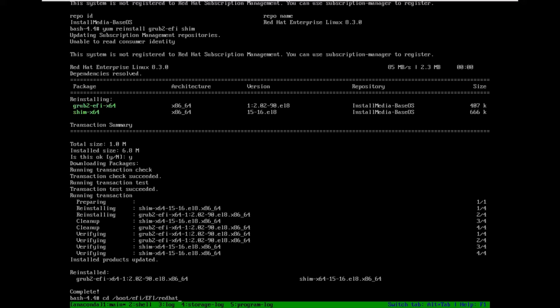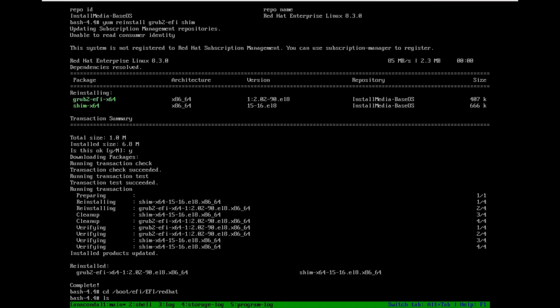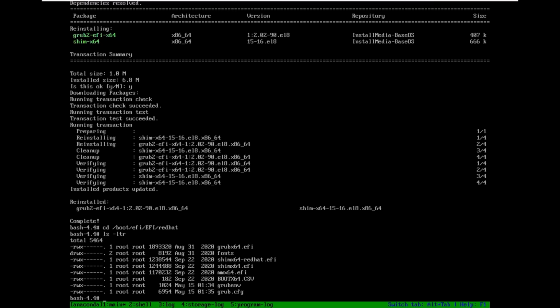Now let's go to EFI, and under that EFI and redhat, and we'll check whether all the booting files are restored or not. Yes, these are restored. We have to now execute a final command to configure our grub.cfg file.